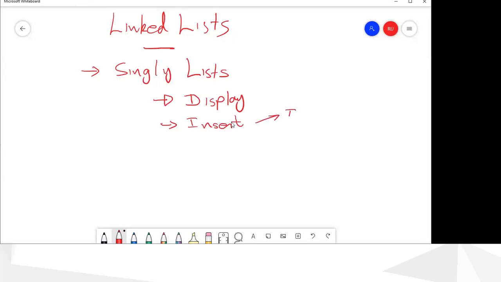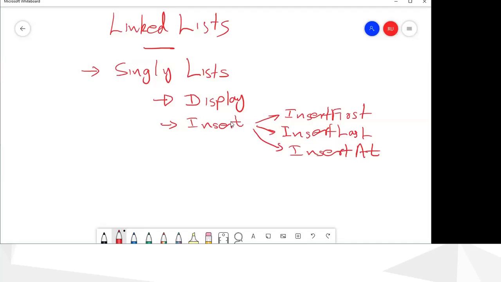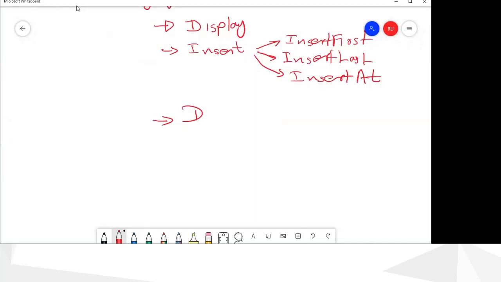For insert, we discussed inserting as the first element, inserting as the last element, and then inserting at a given position. Today we will discuss how to delete a node from a linked list.